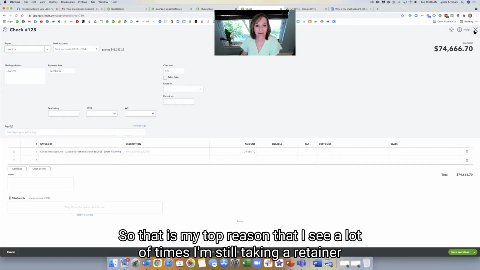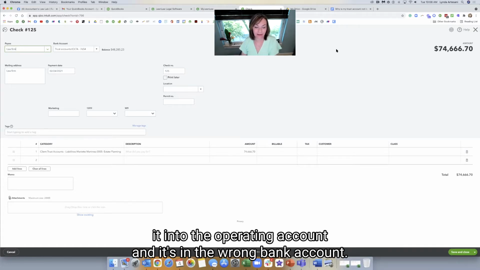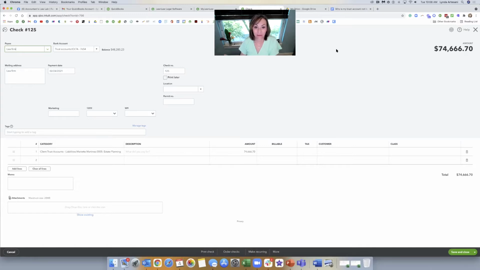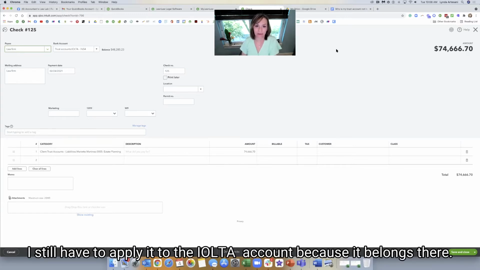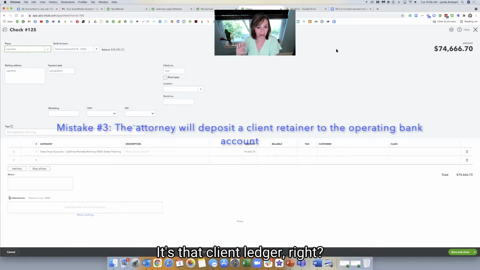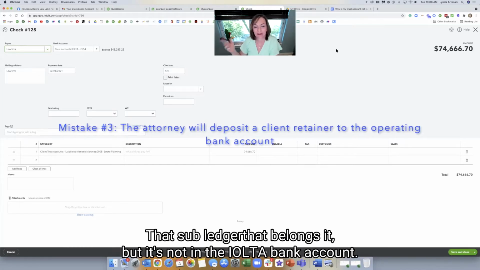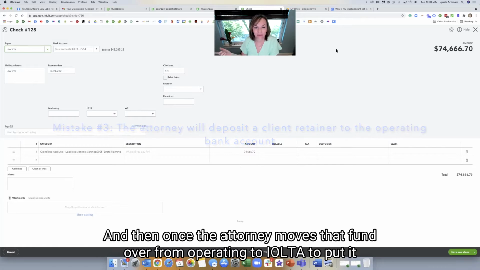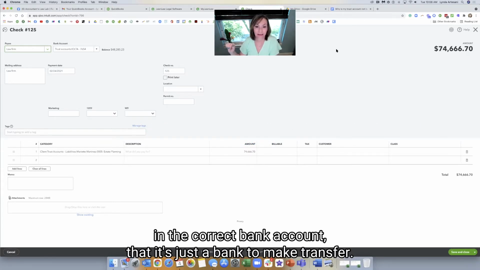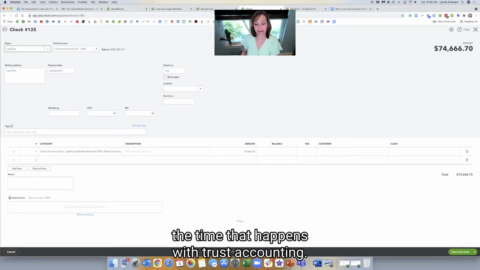Somebody will take in a retainer, and maybe the attorney receives the money and then takes it to the bank and plunks it into the operating account, and it's in the wrong bank account. So we have to bring that in. I still have to apply it to the IOLTA account because it belongs there. It's that client ledger, right? That sub ledger belongs there, but it's not in the IOLTA bank account. And once the attorney moves that fund over from operating to IOLTA to put it in the correct bank account, then it's just a bank to bank transfer. But that's another thing that we see happen all the time